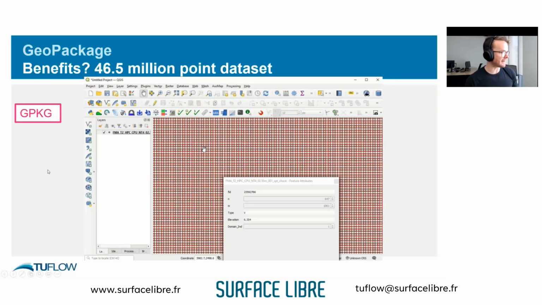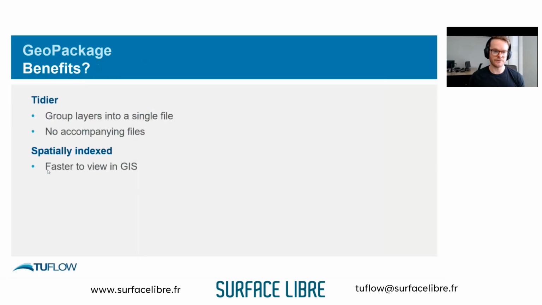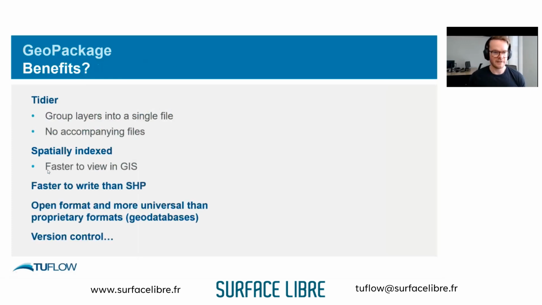So even if you're not using Geopackage as an input into TUFLOW, you can use it as an output. And those really big check files that TUFLOW writes, the Z-point check file and the grid check file, are easy to view. Then you can actually go and use them a lot quicker than you would with the shapefile, or hopefully no one's using a MIF file anymore. So very fast to view in QGIS or other GIS software as well. Out of TUFLOW, it's about 3 times faster to write than shapefiles.